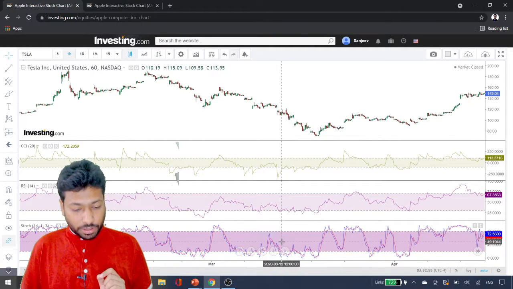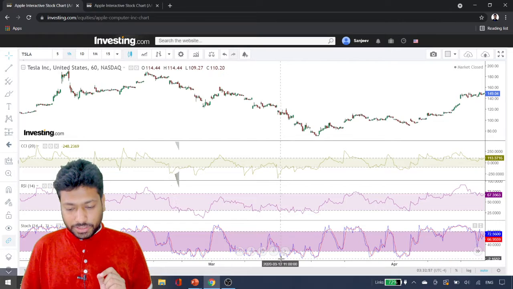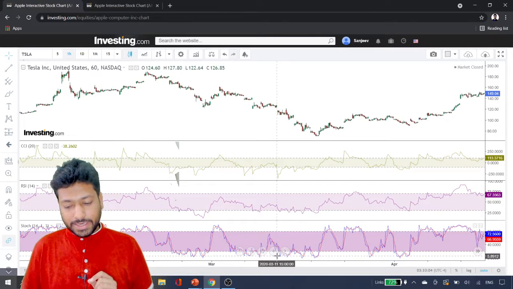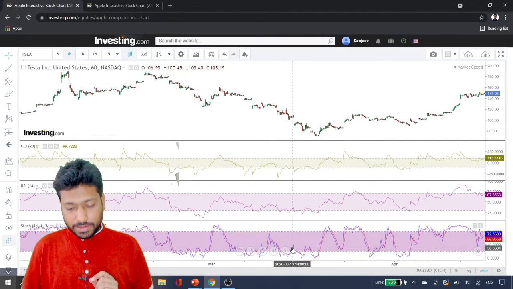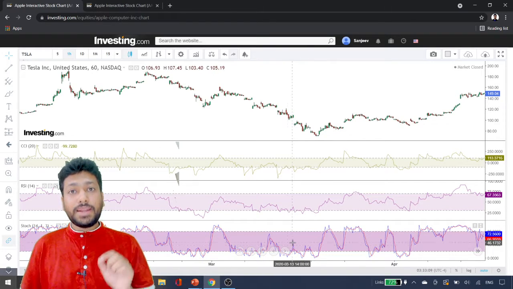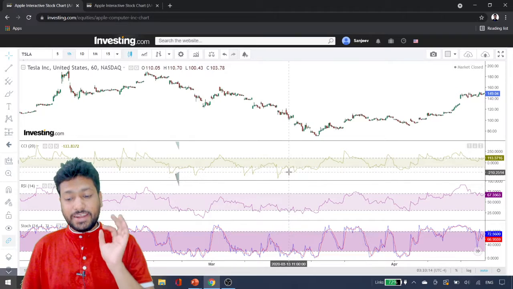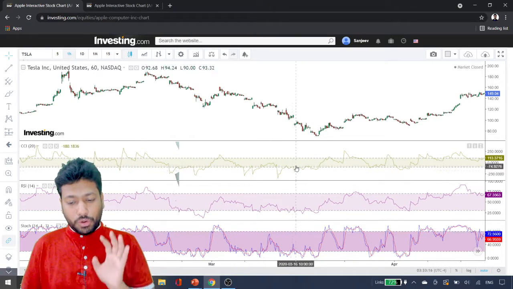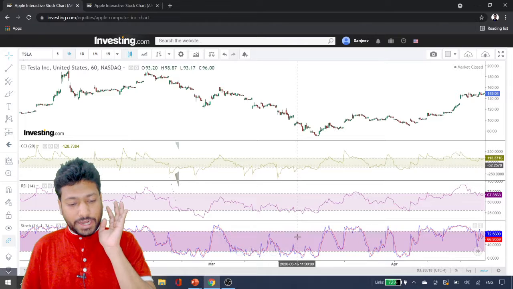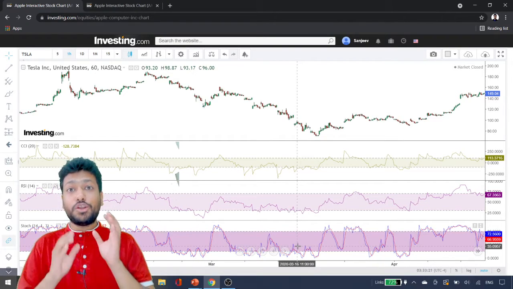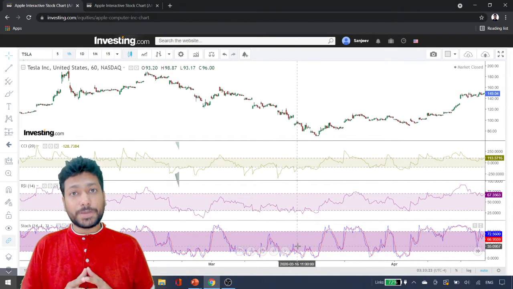Also, if you see the stochastic chart, the blue line is crossing over the red line, as you can see here. So this is also giving a buy signal, as you can see in this area. But exactly this is not a buy signal. However, the CCI index is giving you the right direction. So when you are using three similar kinds of indicators together, they are not supporting and complementing each other, but are giving misleading or false indications for your purchasing signals.